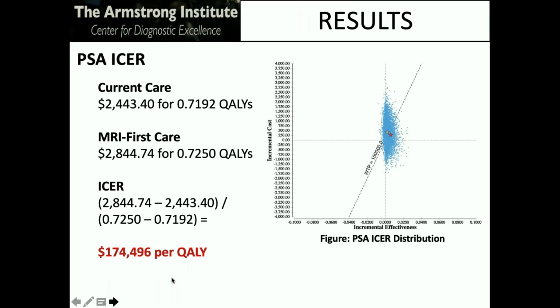So when we run our probabilistic sensitivity analysis, here are the results. For current care, we have a result of $2,443.40 for approximately 0.7192 QALYs, whereas MRI First care is $2,844.74 for 0.7250 QALYs. However, when we calculate the incremental cost effectiveness ratio, we see that it falls way above